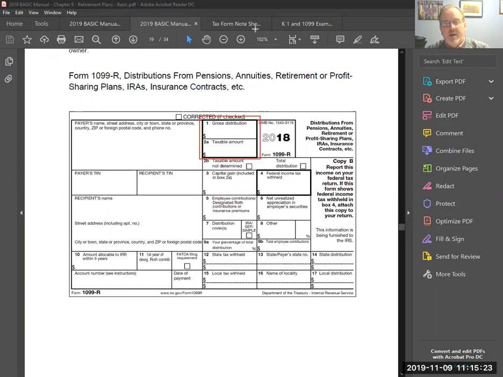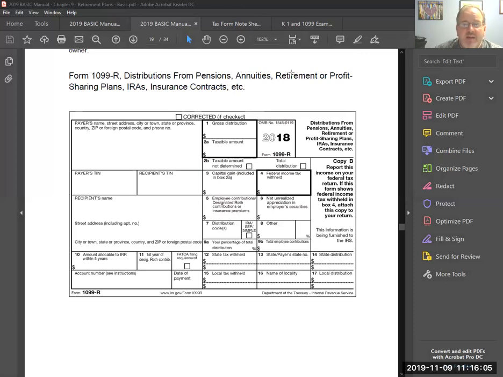Down here below, we have where we might see a taxable amount not determined. So 2A would be blank. When we talk about the simplified method in the software, we'll talk about that. We have total distributions. We see that if somebody is taking it as a lump sum or a rollover or a death benefit. We'll see some of the tax withheld. Most of the time you'll see 20% automatically withheld, but sometimes they'll have the option not to withhold